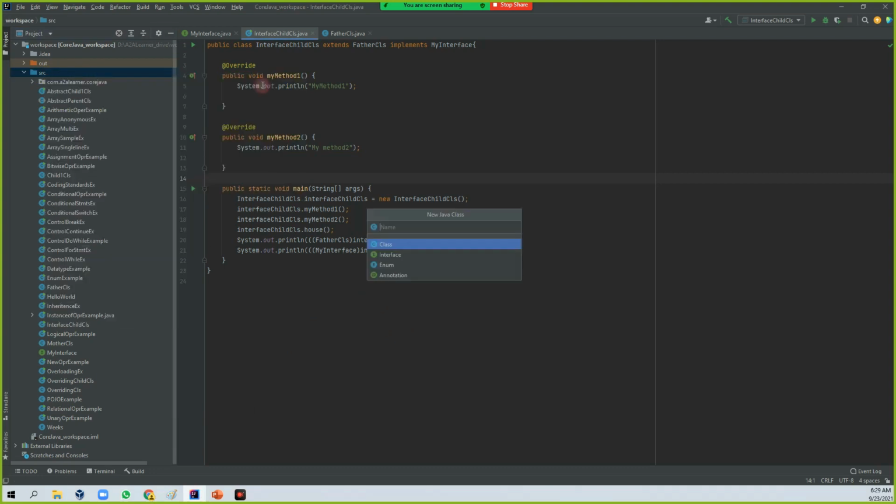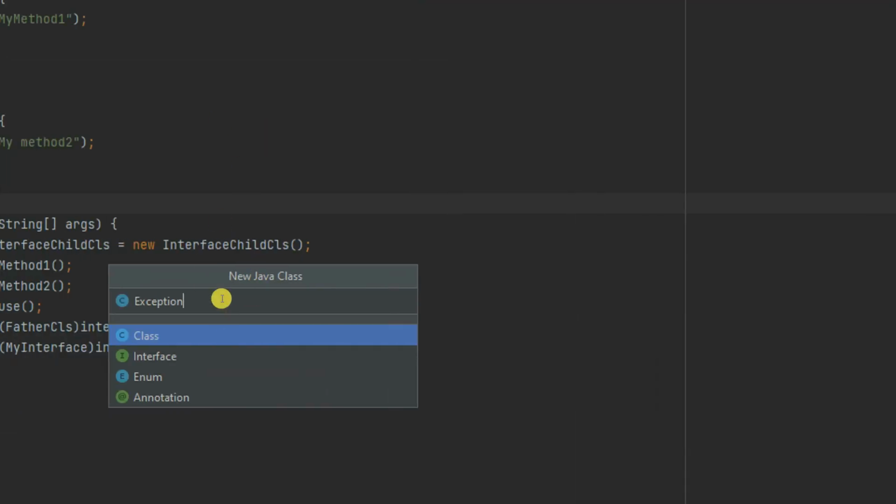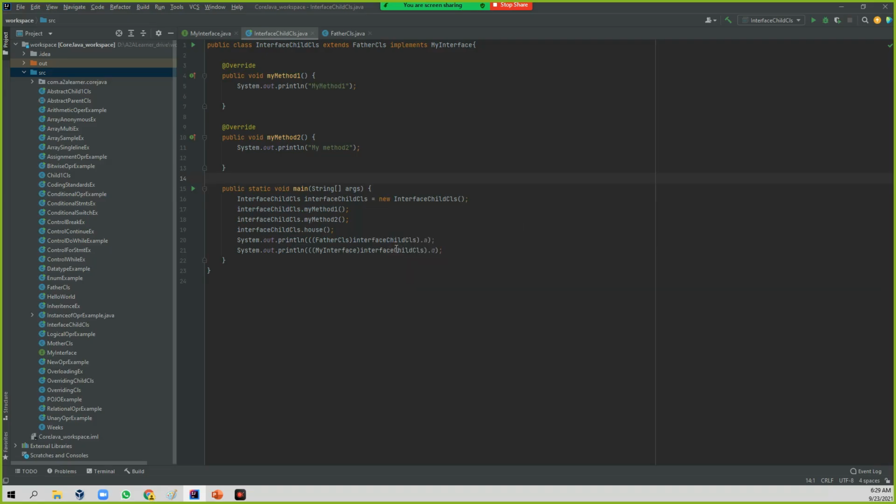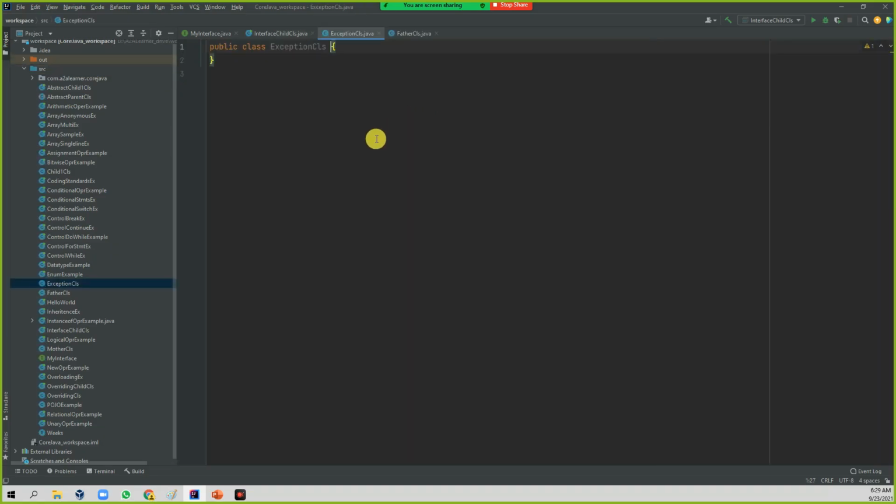Let me write one class for that. Exception class. So here this is the class type. Last session we learned interface; this is class related. So I created one exception class.